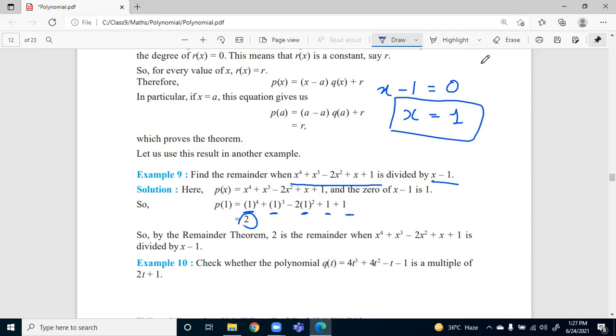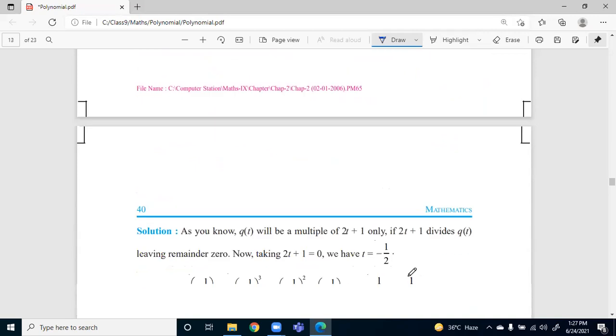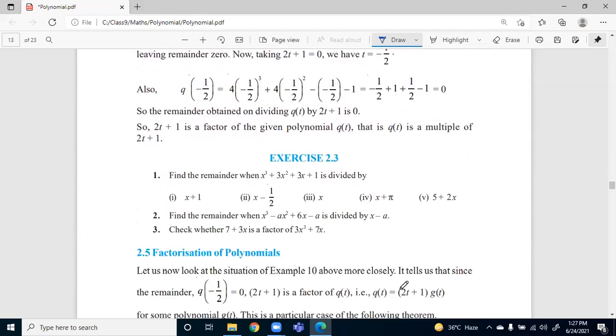And what is the way? You have to equate the divisor to 0 and get the value of the variable. Just substitute that value of the variable in the dividend. Then you will get the remainder. Okay, ma'am. So you will definitely be asked remainder theorem in your test, I am assuming it. So just quickly try the fourth part, everyone.